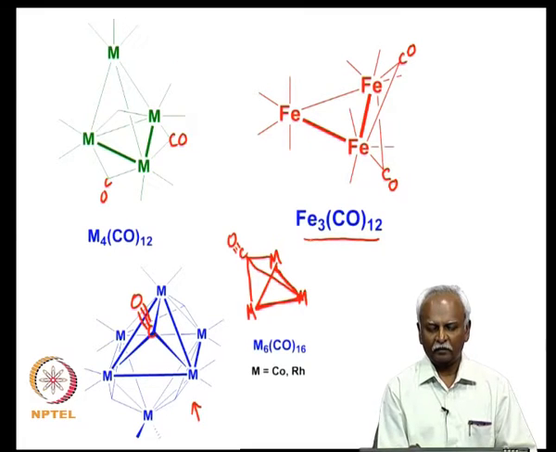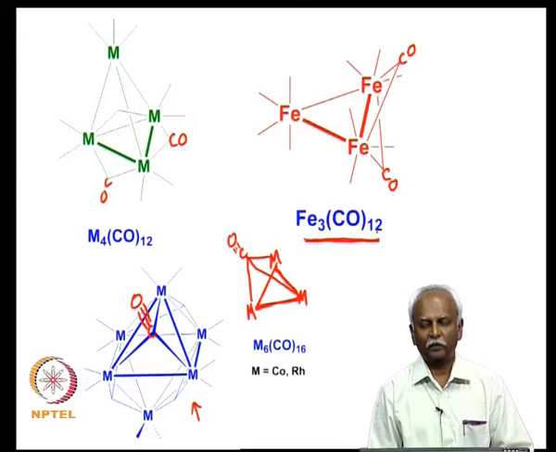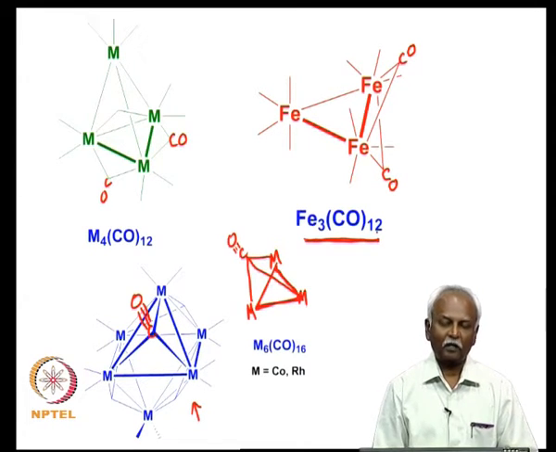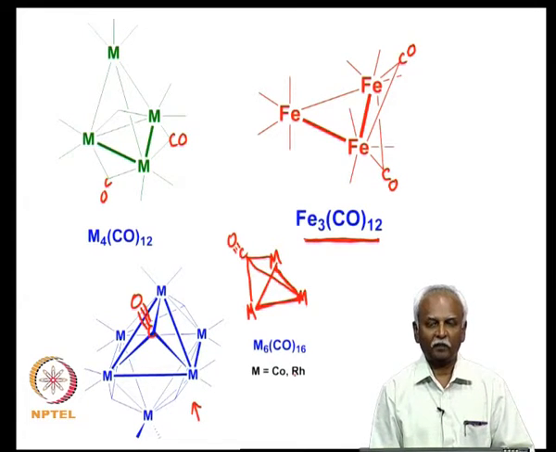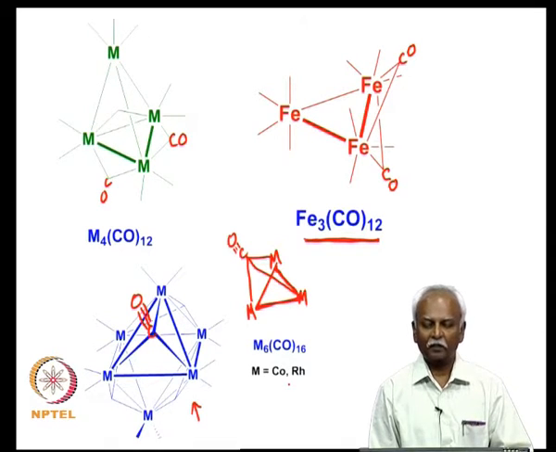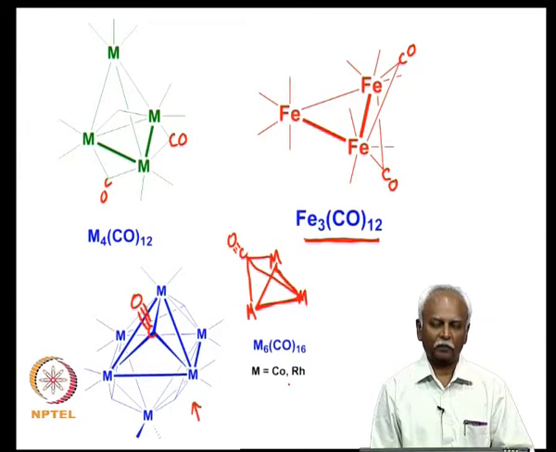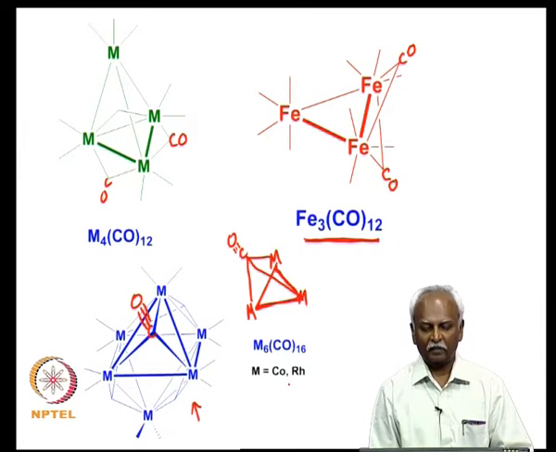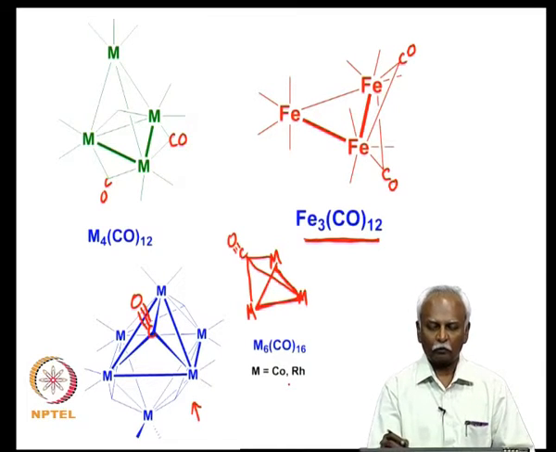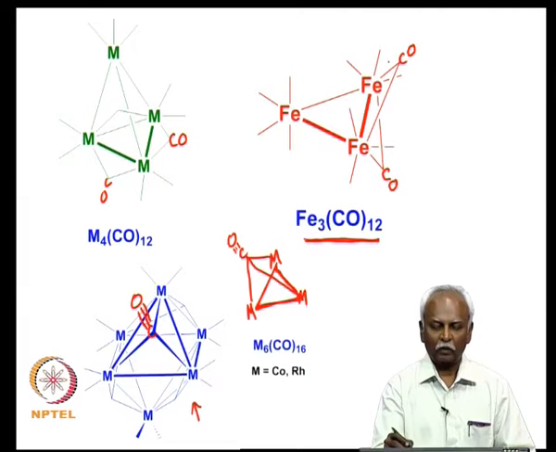So, iron has the same electron count, but you have two bridges, and if you notice, the number of carbon monoxides around the iron atom is identical. So, the 18 electron count around the metal is always maintained, but the carbon monoxides can either be bridging or terminal, and you can still achieve the same electron count, because a bridging carbon monoxide donates one electron to the iron on one side.